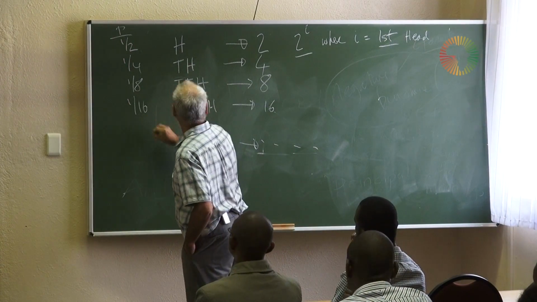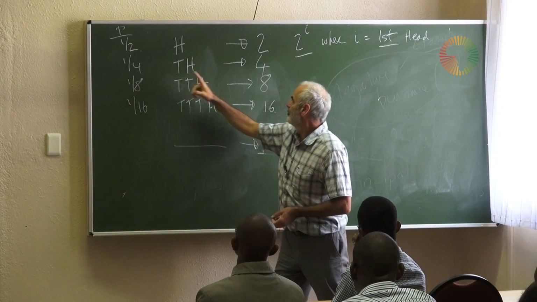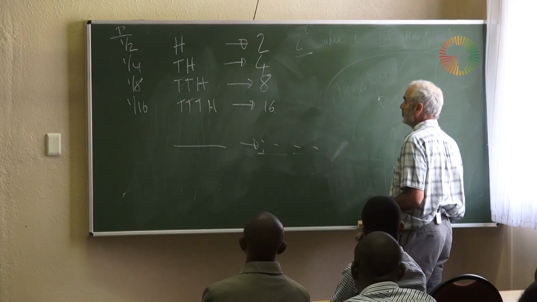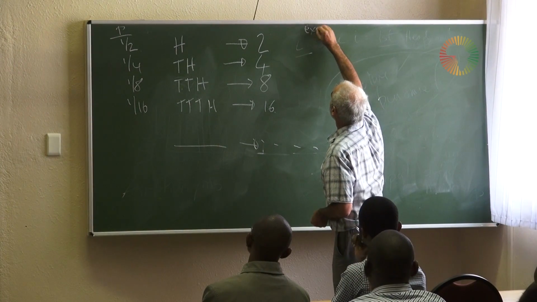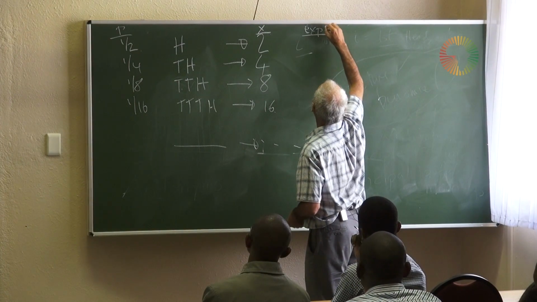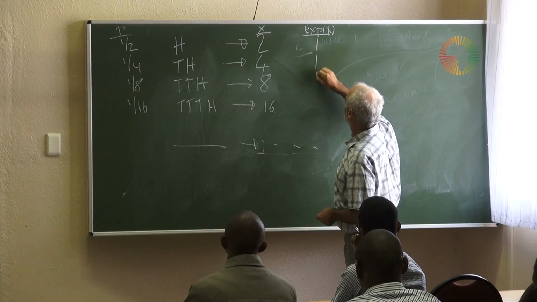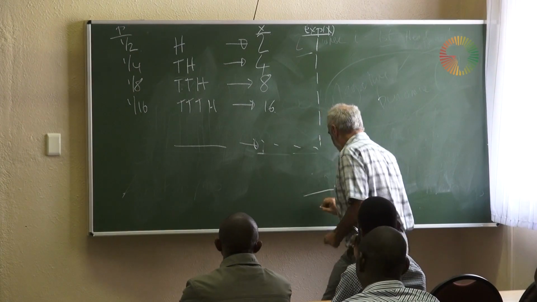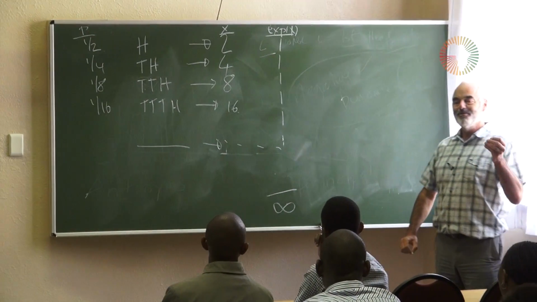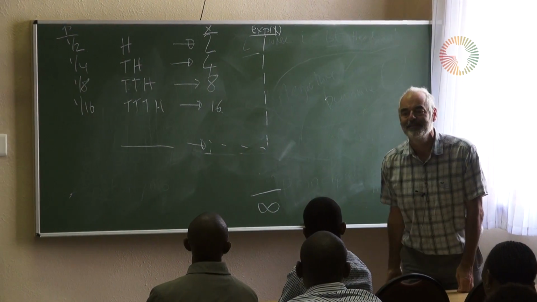And the next is 1/16. So in fact, the gamble is that you've got a half chance of getting 2, a quarter chance of getting 4, an eighth chance of getting 8. If we then calculate the expectation of this random variable X, the expectation of X is just the amount weighted by the probability. Well, that's 1 plus 1 plus 1 plus 1 plus 1 plus 1 plus 1. It's infinity.